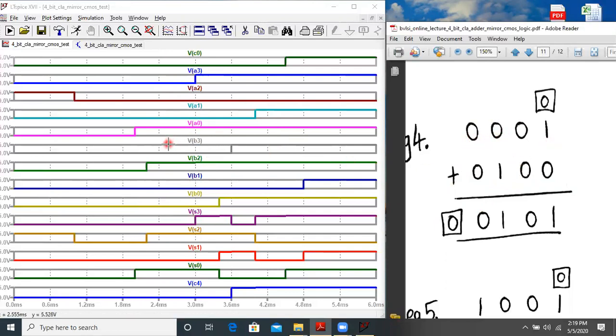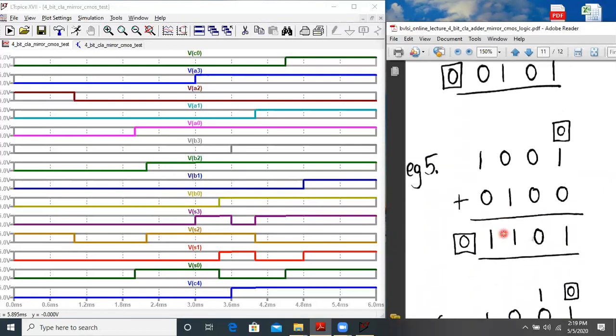Next is B3 to B0, which is 0, 1, 0, 0. So here also we have written 0, 1, 0, 0. Let us check the sum S3 to S0. It is 0, 1, 0, 1, and C4 is also 0. So C4 is 0 and the addition is 0, 1, 0, 1. So perfectly alright.